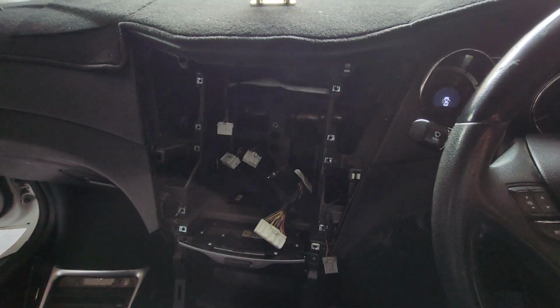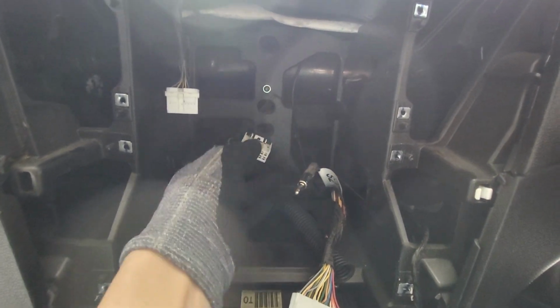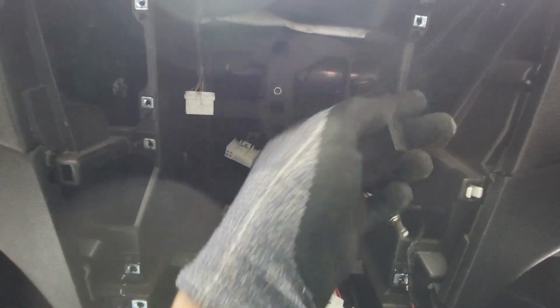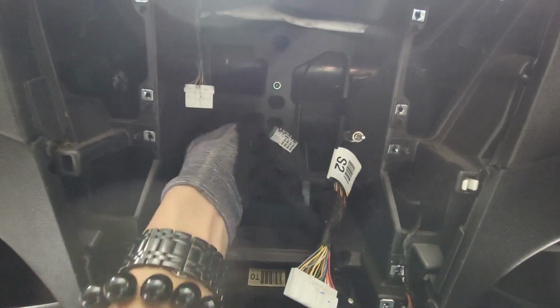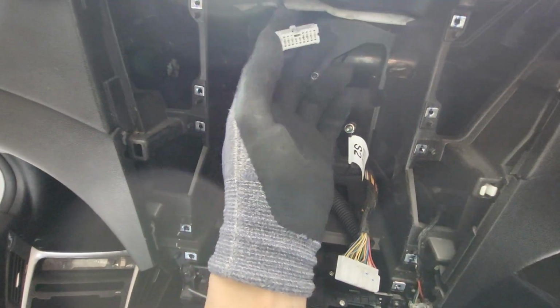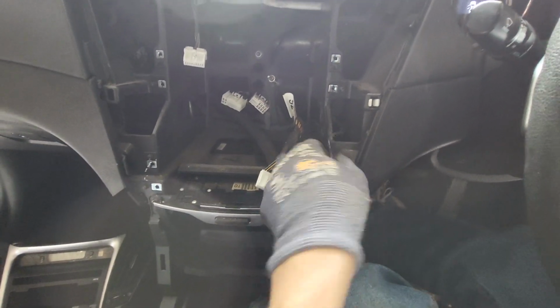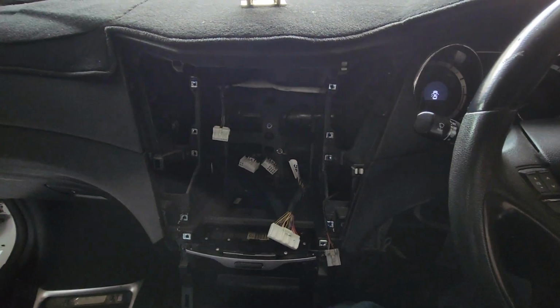Okay, so look here, there are two main cables at the back, 1, 2, the white one, and one antenna here, very obvious, and one earth connector to the side of the radio. Okay, so there are two main and two little ones. Don't worry about this one, because this is for the clock on the top, and this one is for the air conditioner control at the bottom, and this one is for the emergency button. Okay, so that's all the connectors behind the non-premium sound system setup i45